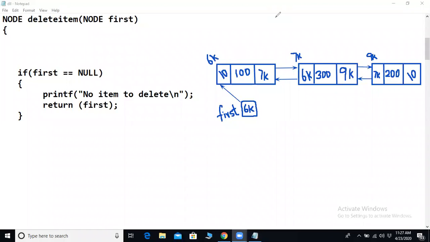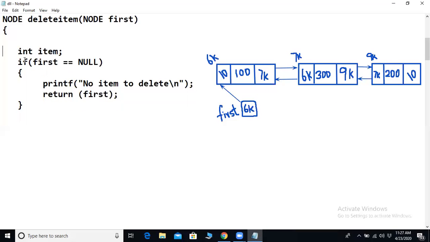So now we will start. We have to first take the item that needs to be deleted. So I will declare one integer variable, int item. Once we are sure that the linked list is not empty, we will ask the user to enter the item.